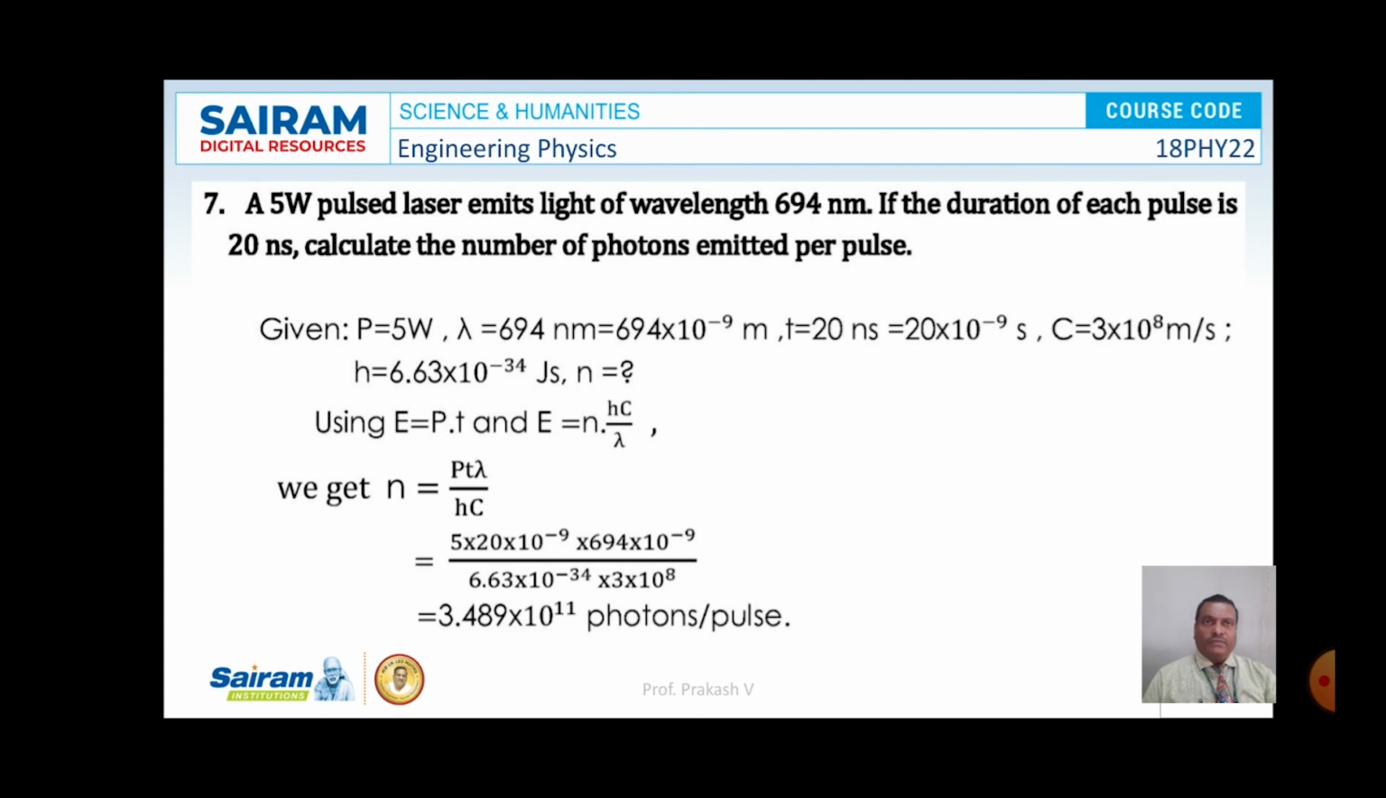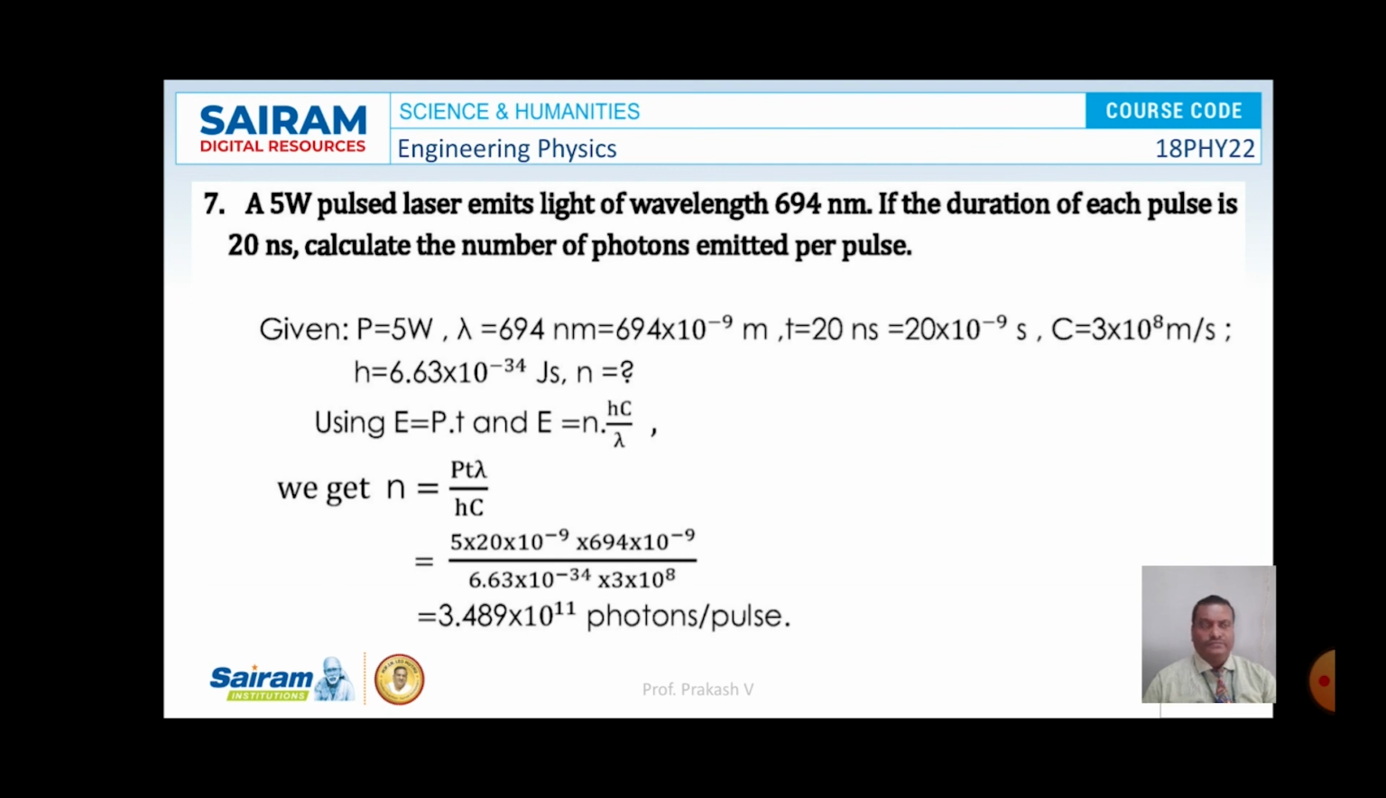The seventh problem is a 5 watt pulsed laser emits light of wavelength 694 nanometer. If the duration of each pulse is 20 nanoseconds, calculate the number of photons emitted per pulse. So power P is 5 watts and lambda is 694 nanometer, and t is 20 nanoseconds, and c is 3 into 10 to the power 8 meter per second, and h is 6.63 into 10 to the power minus 34